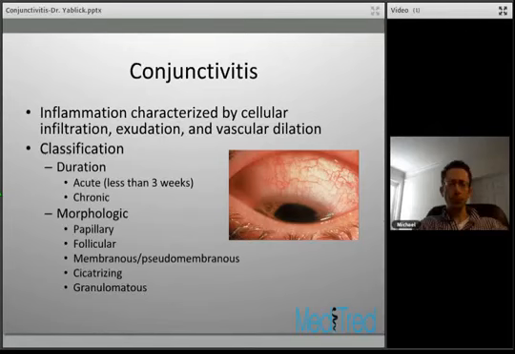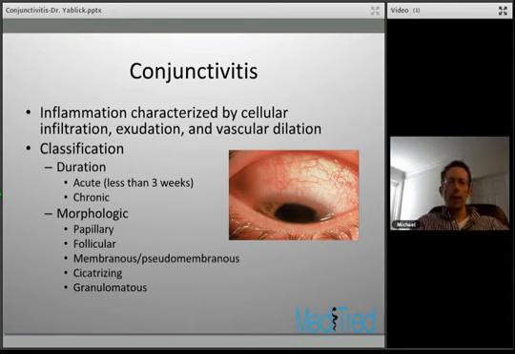The acute conjunctivitis basically is present for less than 3 weeks by definition and has, like its name says, an acute onset. It's more of a rapid progression with more impressive symptoms. Chronic conjunctivitis is by definition present for more than 3 weeks, and it has milder symptoms with more irritation and